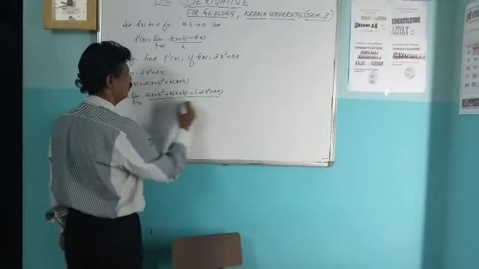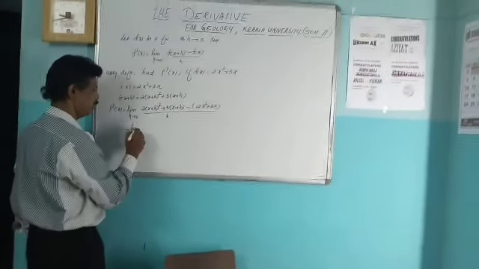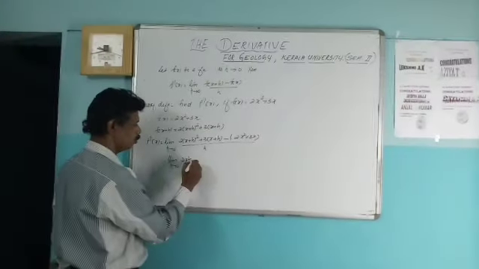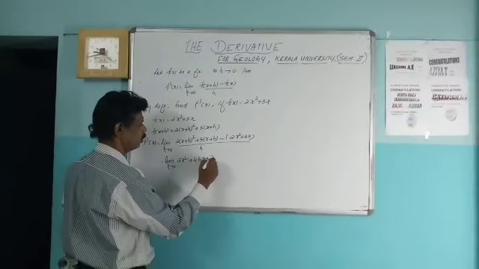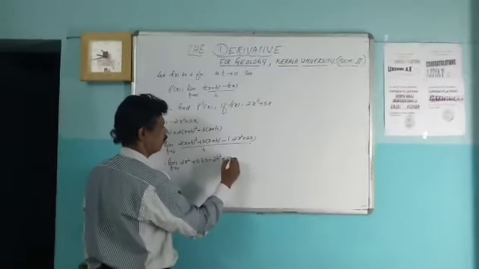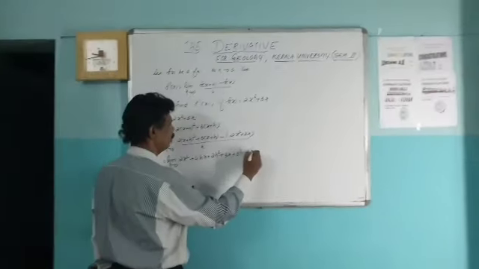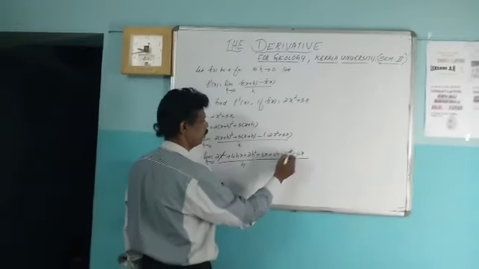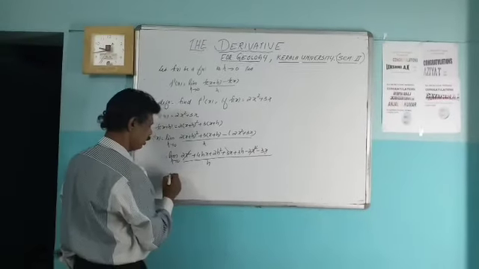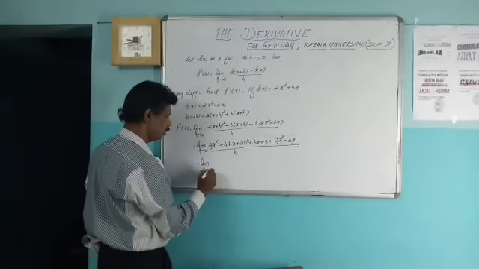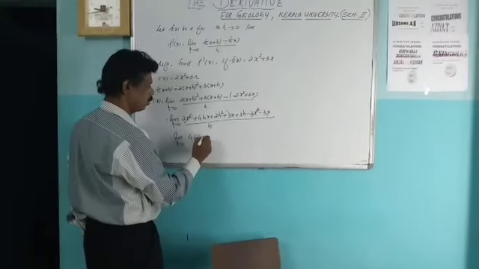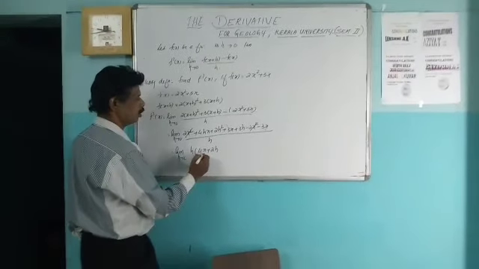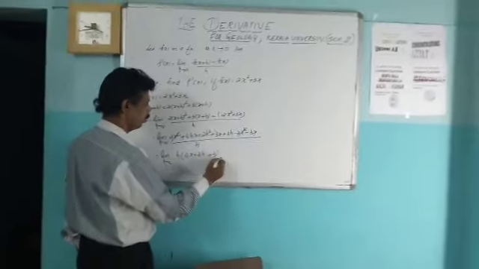divided by h. Expand this term: x square into 2, 2x square; 2x into 2, 4hx; h square into 2, 2h square; plus 3x plus 3h minus 2x square minus 3x, all divided by h. We can cancel 2x square and 2x square, and 3x and 3x. Then take h as a common term: h out of 4x plus 2h plus 3, divided by h.